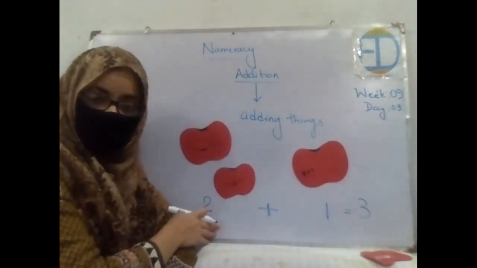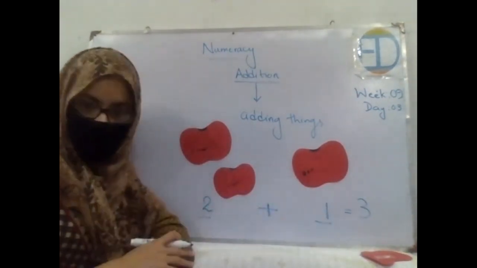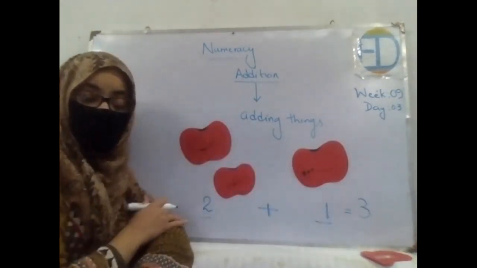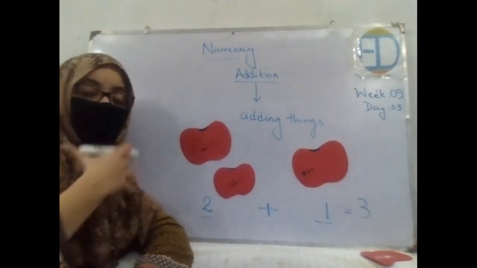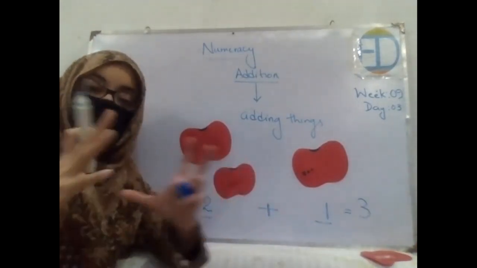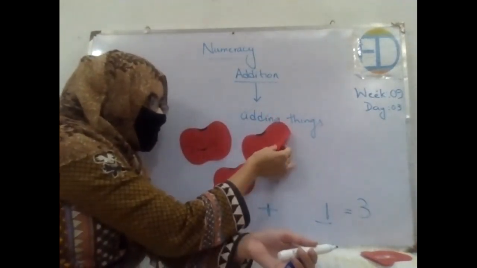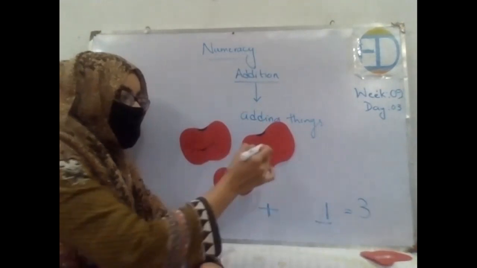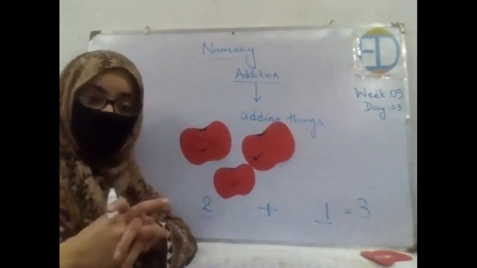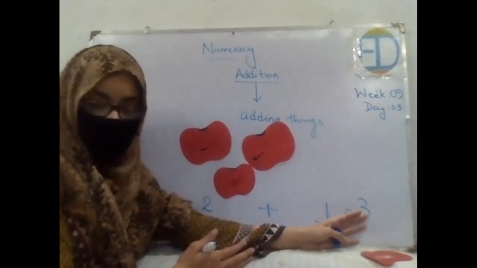So what we have done in this, how we have added the numbers together, is that previously two apples and one apple were separate things, right? Let's say your friend has one and you have two. Now they are separate. Your friend has gifted it to you. Now you want to see how many apples you have all together. So you have put them together, right? Now all these 3 apples are yours, but previously they were separate things. So what we do in addition, we add things, we put them together, and then we find the sum of that thing, right?